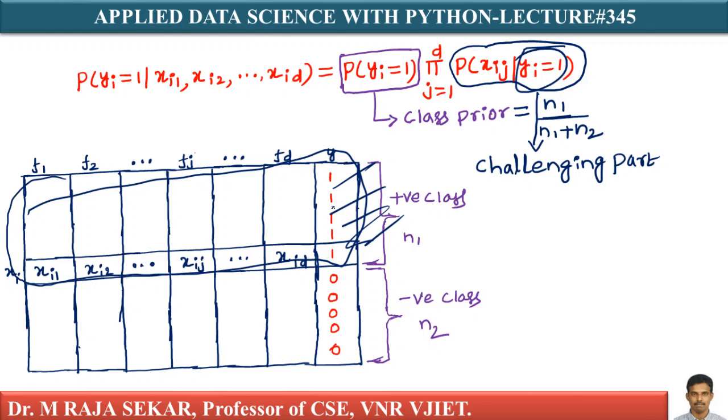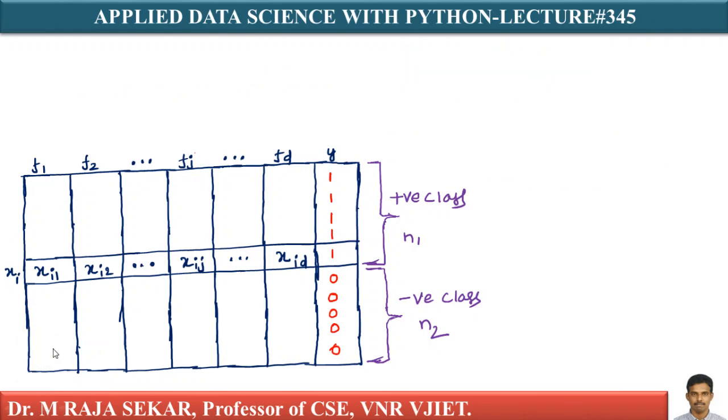I can say I am collecting positive labeled training data. That is D positive from training. D train means training data, from which I am collecting all positive label data. Let's call this D dash, just for simplicity. I am assuming D train positive as my D dash.